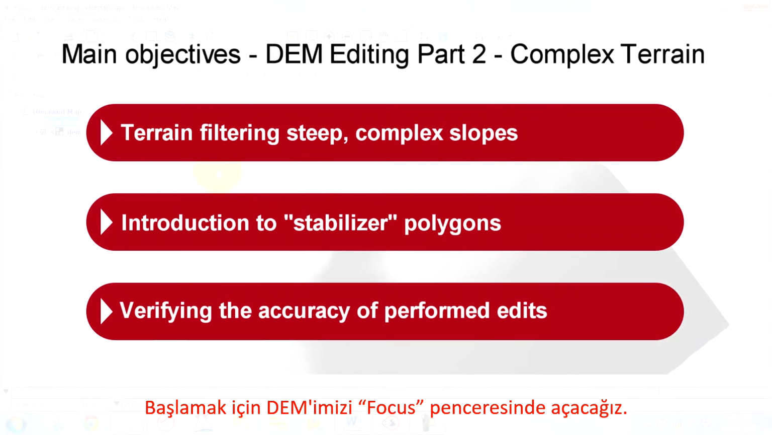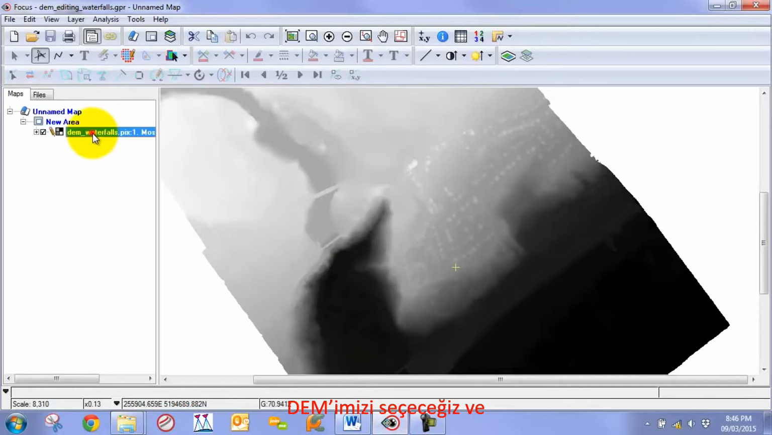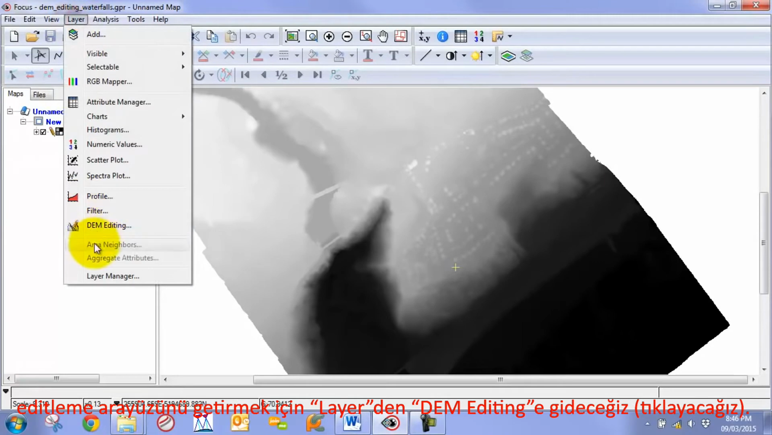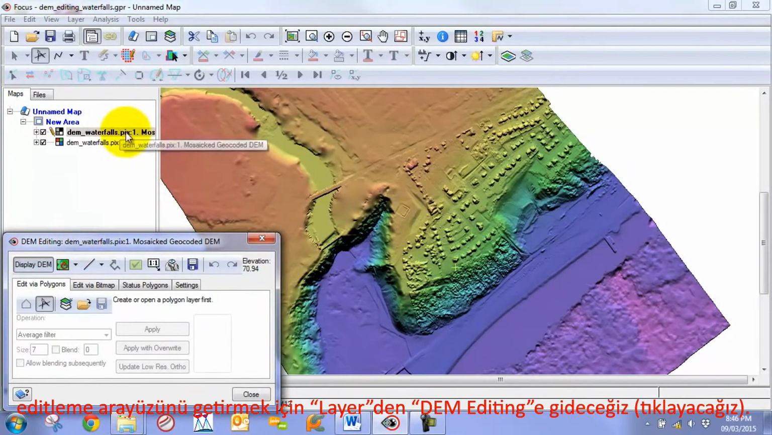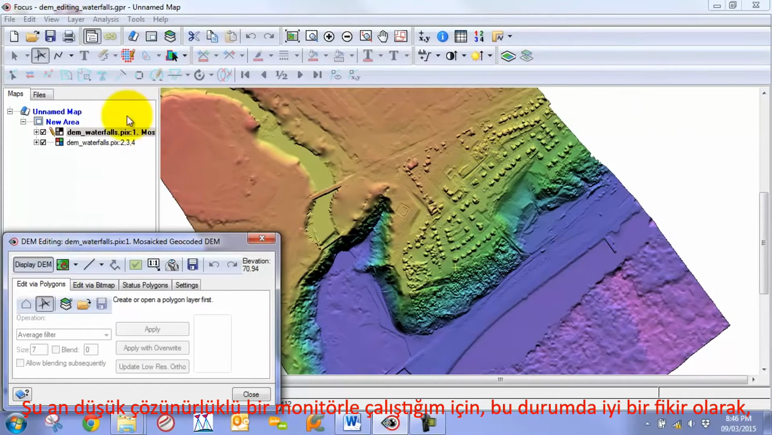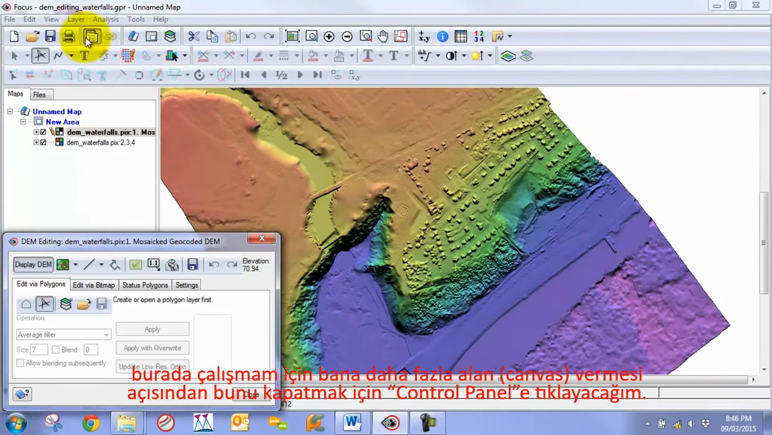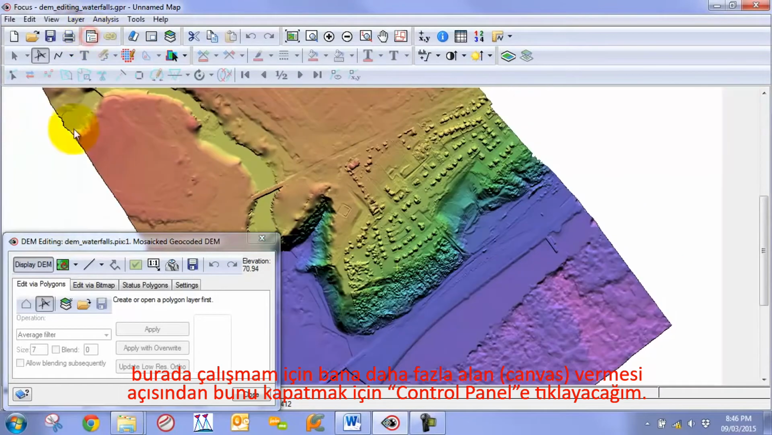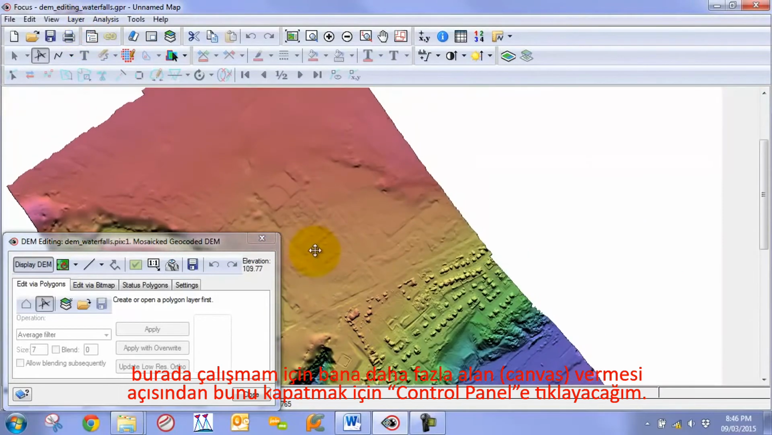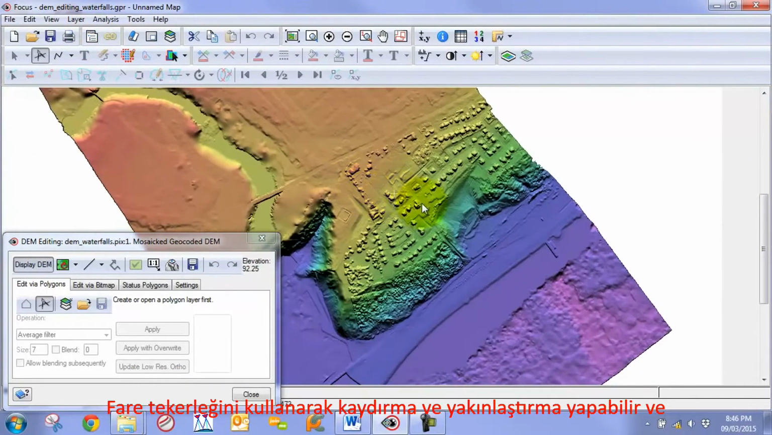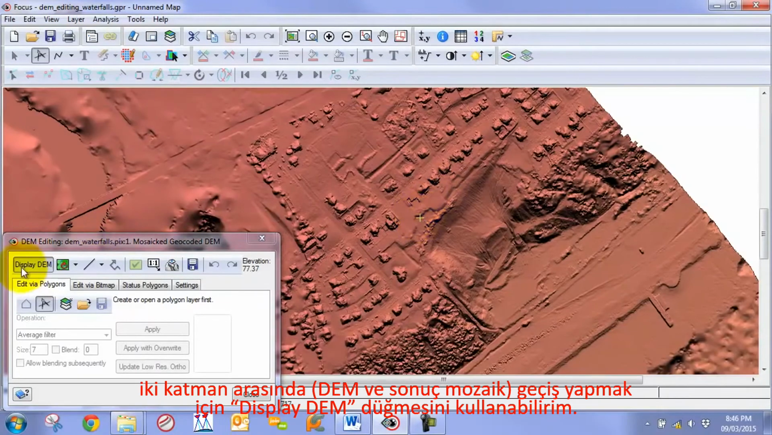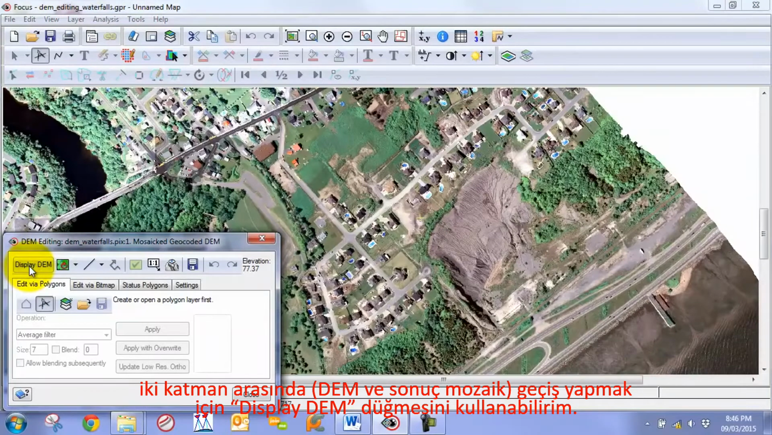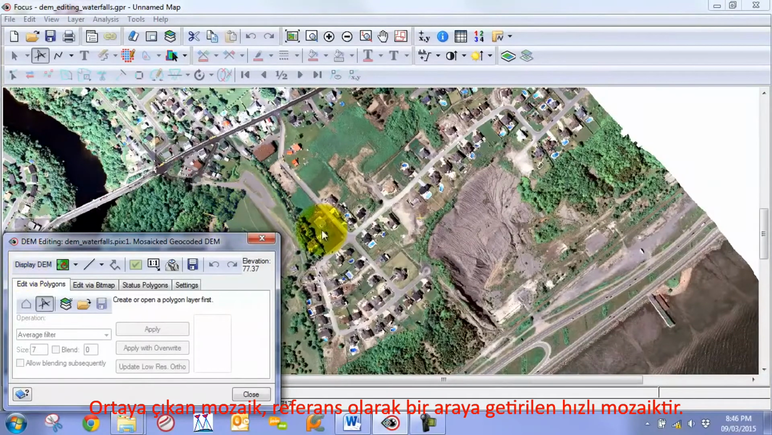To begin, we're just going to open up our DEM in Focus. We're going to select the DEM and go to Layer DEM Editing to bring up our editing interface. Now, one good idea, as I'm working with a low resolution monitor here, I'm just going to click on the control panel to turn this off, which gives me more canvas to work with. I can use the mouse wheel button to pan and zoom, and then I can use the display DEM button to switch between the two layers, the DEM and then the resulting mosaic, the quick mosaic that was put together